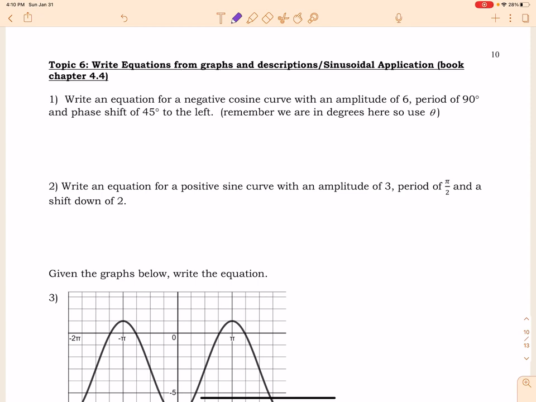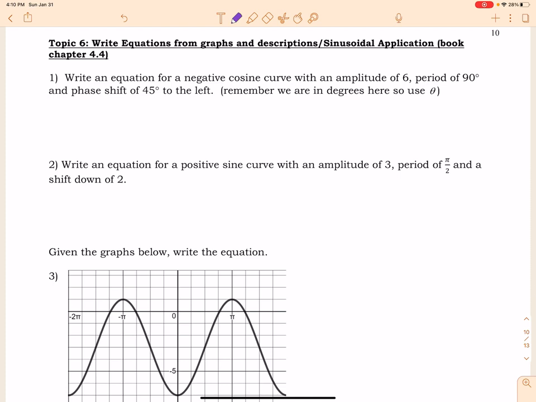Okay, pre-calculus, in this video we're going to talk about writing equations from graphs and descriptions for sine and cosine. So we're working backwards. We're going to write equations from descriptions and equations from graphs. So this very first equation here, write an equation for a negative cosine curve, so it's negative, it's cosine,